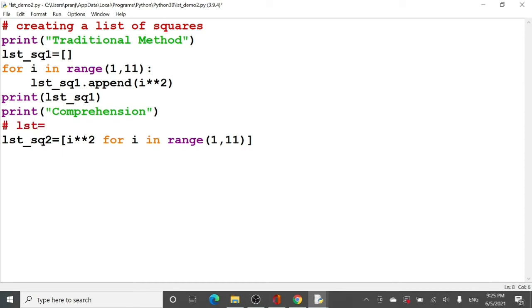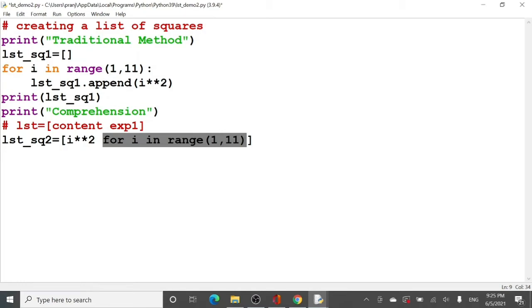So if I make a comment over here and tell what the syntax of comprehension is, it is the list that you want to make. Inside, what we actually want is the content of my list. So here is the content. My content over here is squares, right? And then I will be writing an expression, and my expression over here is this, which is evaluating the value of i.